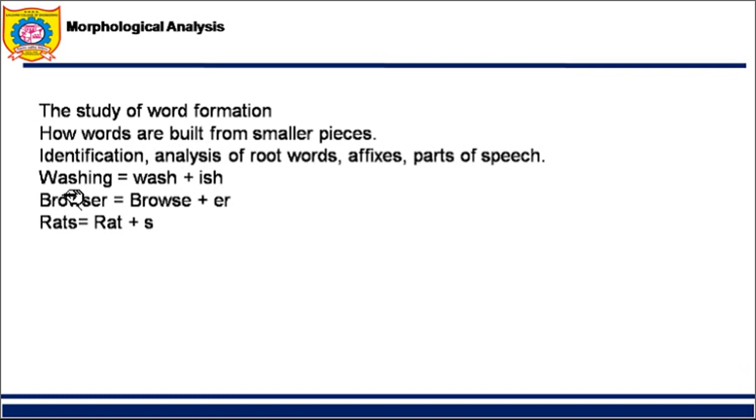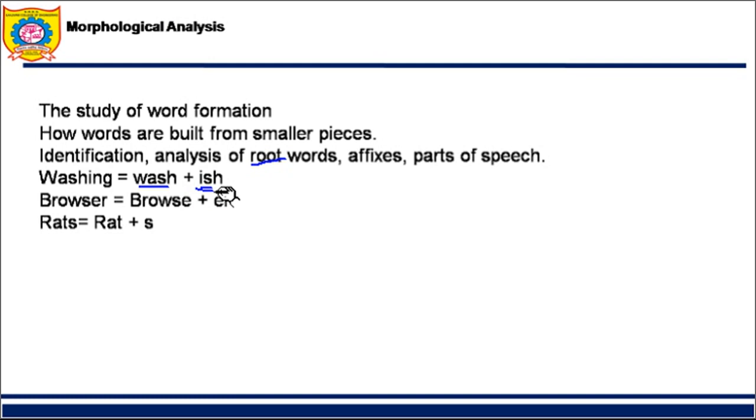So let us see a simple example. If I talk about the word washing, right? Washing is made up of two parts. Wash, I call it the root word. What is wash? It is nothing but the root word or stem word. And ing is added as an affix to it. Affix means I am fixing something with it. I can fix it at the end or I can fix it before. So here I am fixing it at the end, so I call it a suffix. And if I fix it before the word, I call it a prefix.